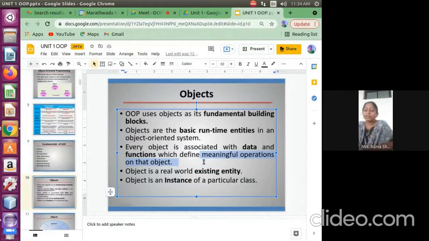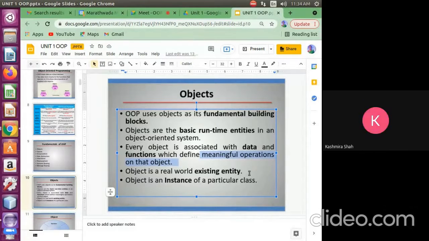It is not that we can have all the things together in the object. Always remember, an object is a real world existing entity. So we can have the fan as an object. If you see the cupboard, if I show you the cupboard, can a cupboard be an object? Yes or no?